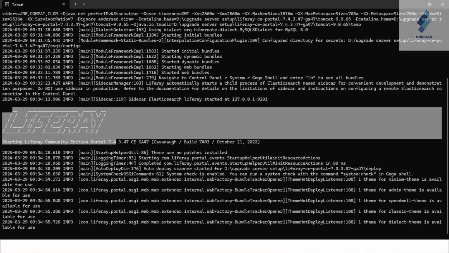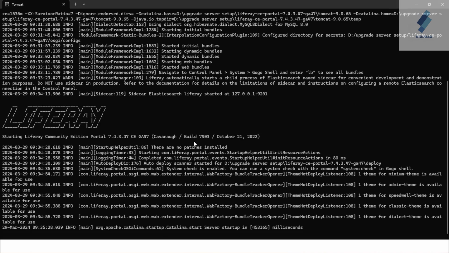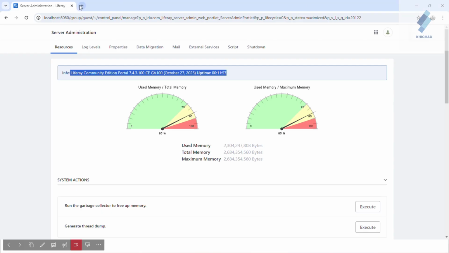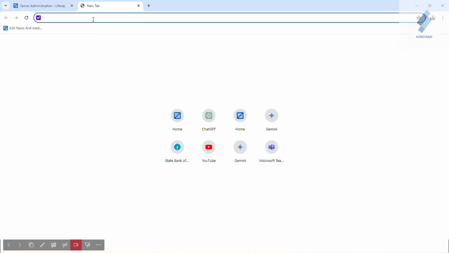Make sure your Liferay server has started successfully, then proceed to the next step. And now you can see the Liferay server has started successfully. And now we will move on to the next step. So open the browser and click on a new tab.